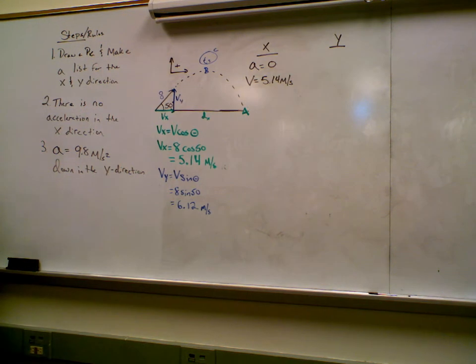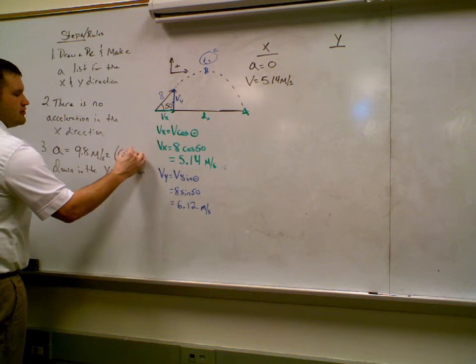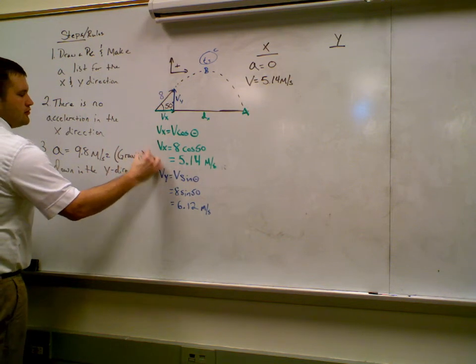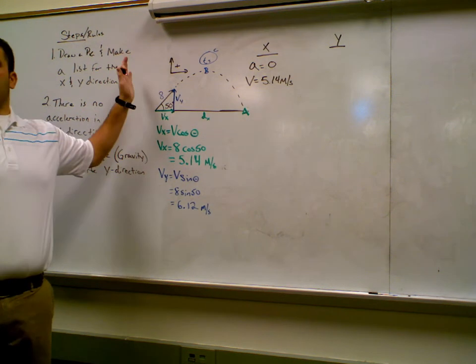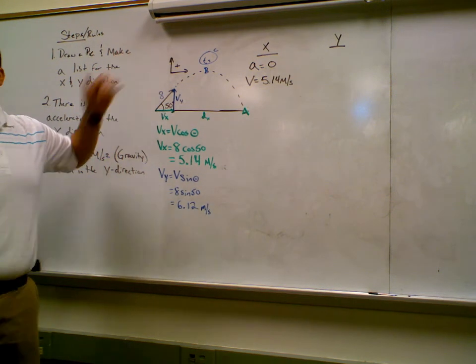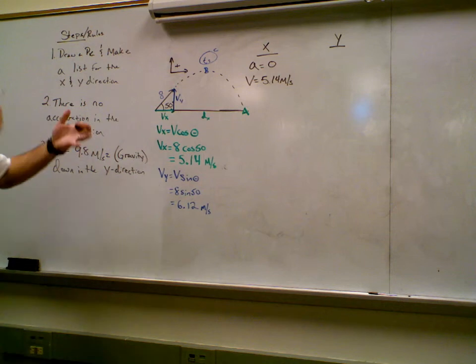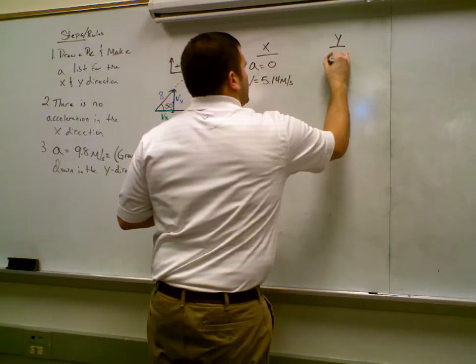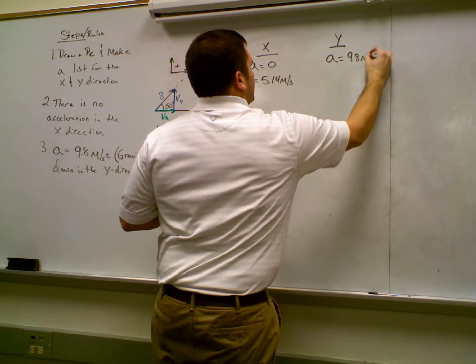I have a question. Does x always have a velocity? Depends on how we shoot the ball. If I shoot the ball straight up, is there x velocity? No. Just like if I shoot the ball completely horizontal, is there y velocity? No. Okay. So in the y direction, we know acceleration equals